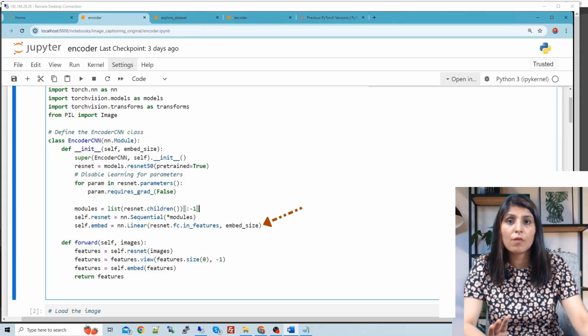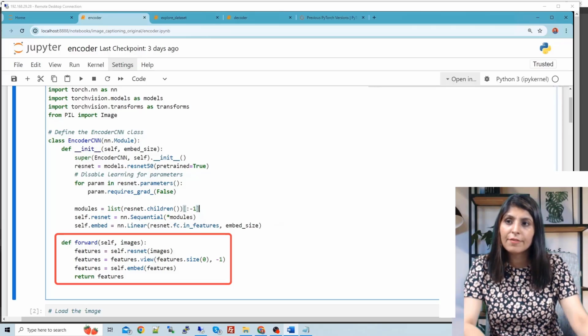And then we have a forward function. In this forward function, images are the input. First, those images will be passed through the ResNet model, which will extract the features. Then we have features.view. What are these features? The value which we are getting from here. The output of the previous layer becomes the input to the next layer.